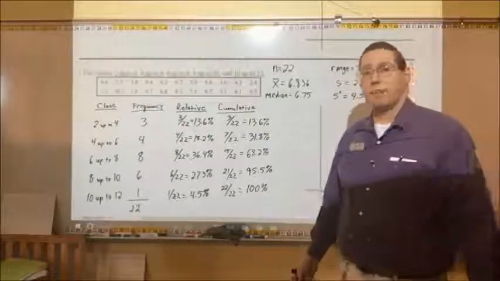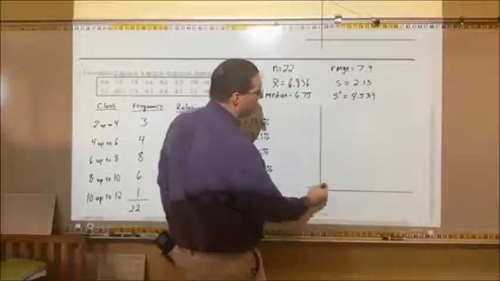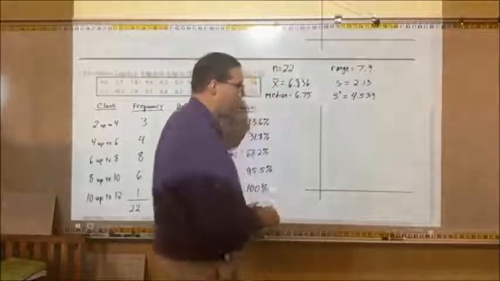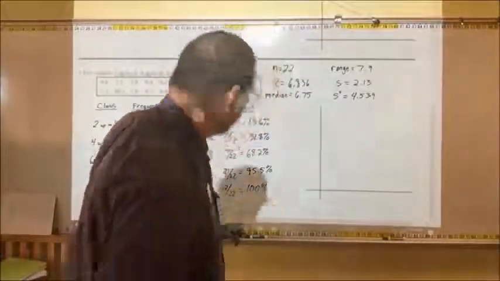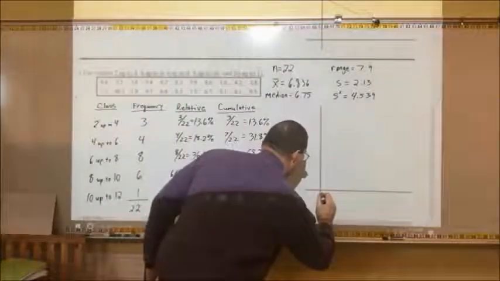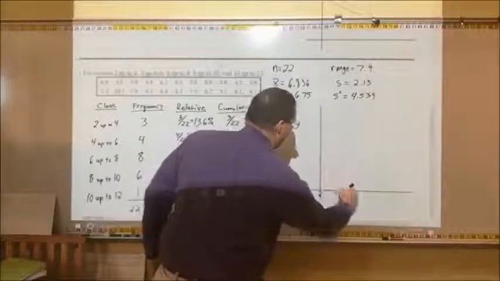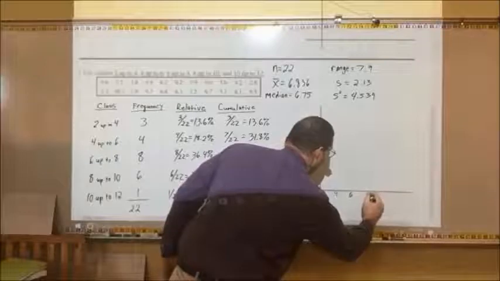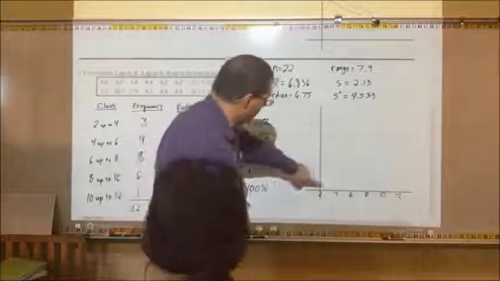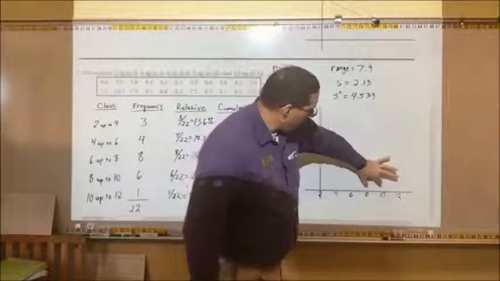And now all we have left to do is to make the histogram. Now it might be hard for you on the computer, on the video to see the lines here, but I've got boxes pre-made, okay? Now we know our first class goes from 2 to 4. So down here, I'm going to put 2 here and then a 4 here at this vertical line. There's a vertical line there. Then 6, then 8, then 10, and then 12. There we go. So these boxes are from 2 to 4, 4 to 6, 6 to 8, 8 to 10,